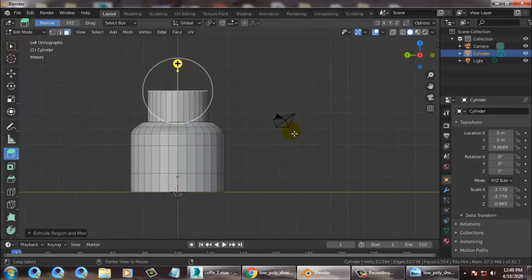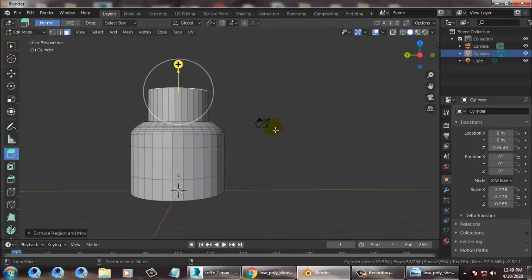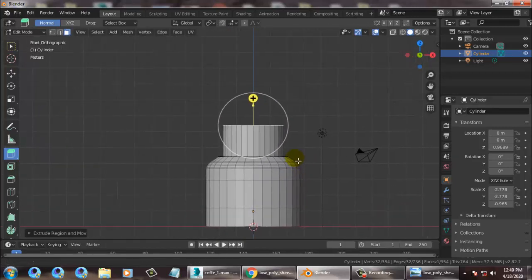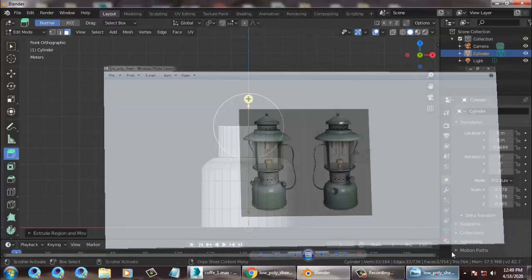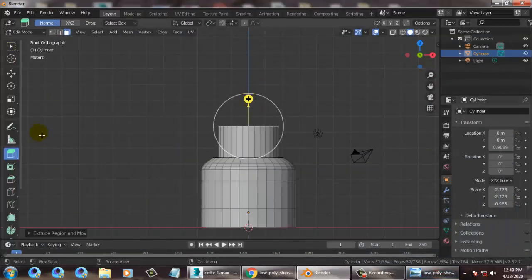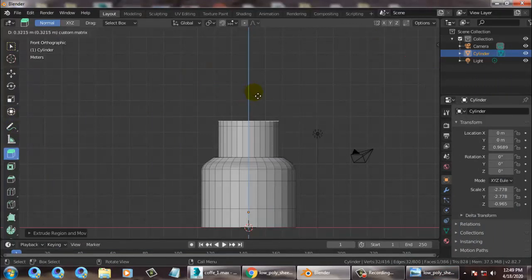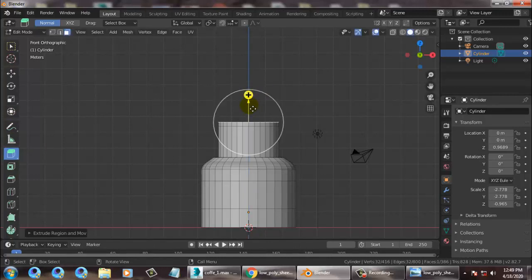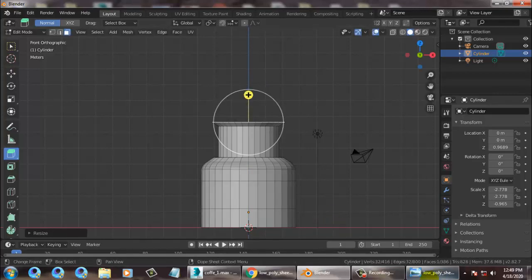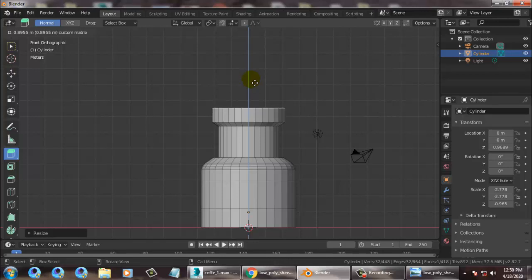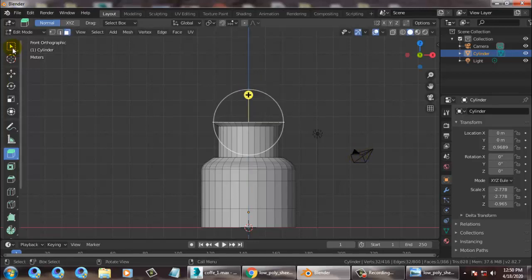So let's Alt and middle mouse button. It's a very basic modeling, but what I'm doing right now is to again extrude this over here, and I can just scale it by using S. I can just scale this element a bit, and you can just push it. So now the scaling is done.